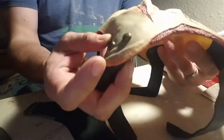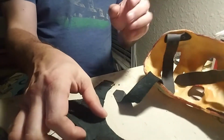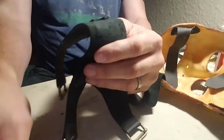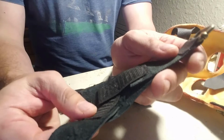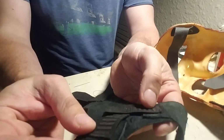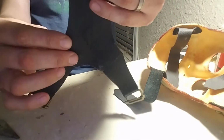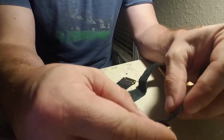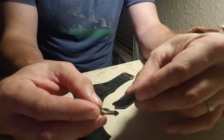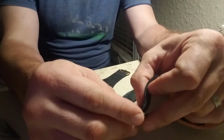I have this portion of the mask completed with all of the straps, and this back portion here is completed. So it's time to assemble them together. So the way it's done is that we have the top. It's labeled top right here, but it's usually the bigger side. One side's a little bit smaller than the other. So we take that and you just feed this through. We're going to go from the back. You can see here, here's the back side. This is the side that's facing the head. We're going to go from the back